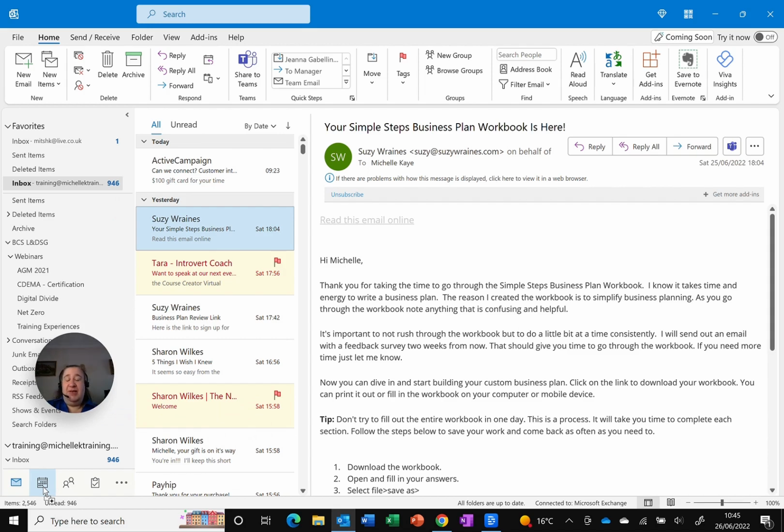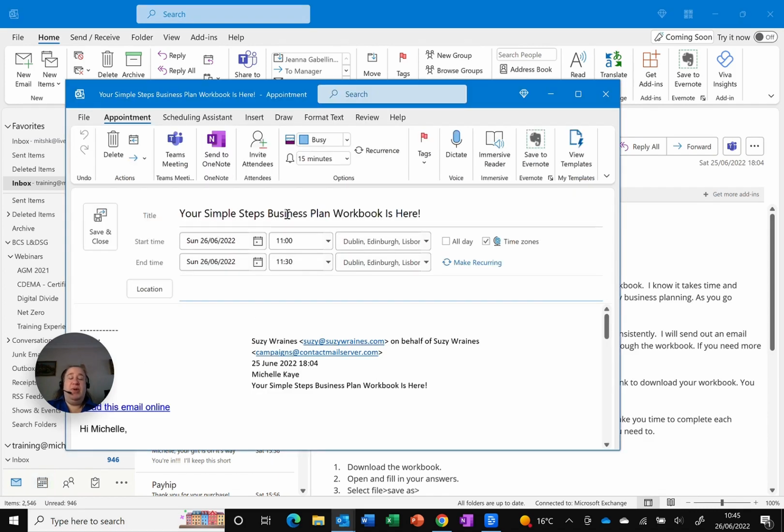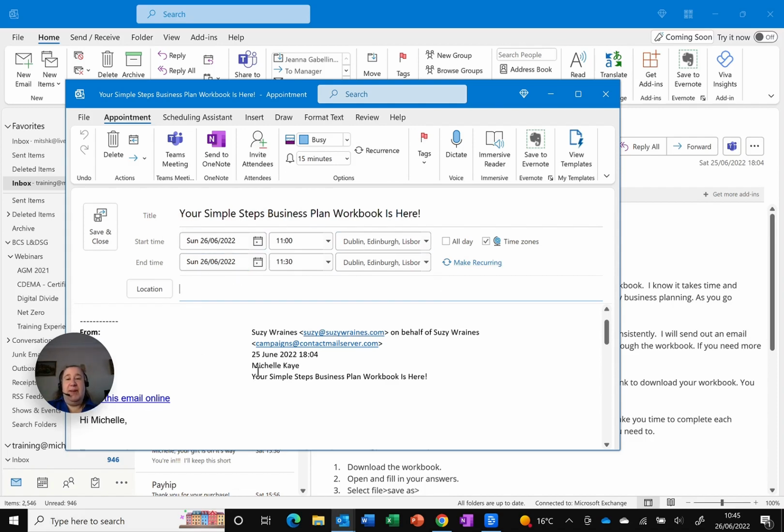If you haven't moved them, I'll put an iCard in so that you can see how to do that, and I'm just going to drop it over the calendar icon. It creates a brand new appointment. It makes the subject of my email the title of my appointment. It doesn't change the date and time, so I do need to fix that, but there's the email with all